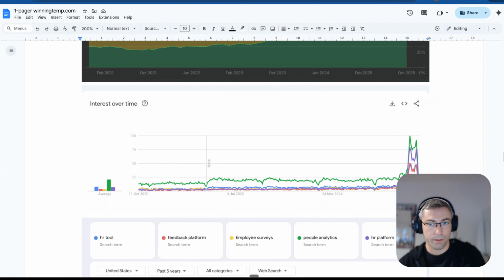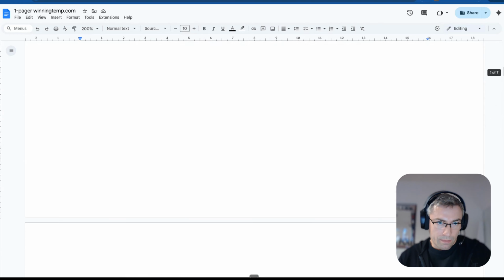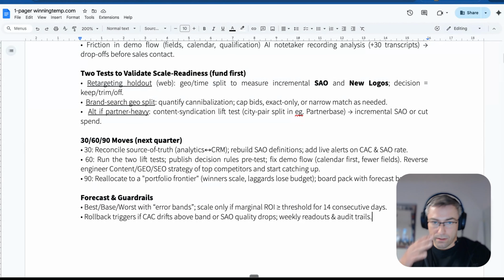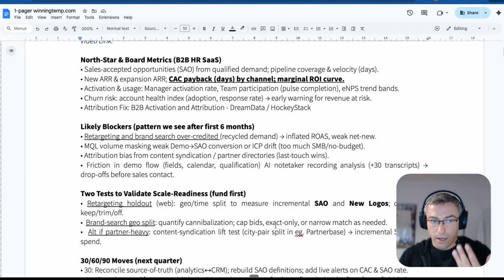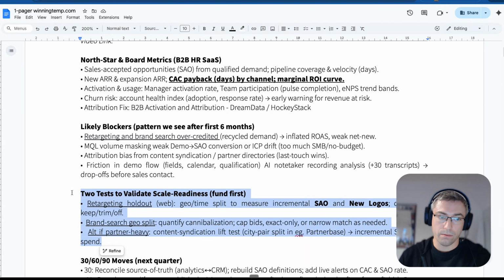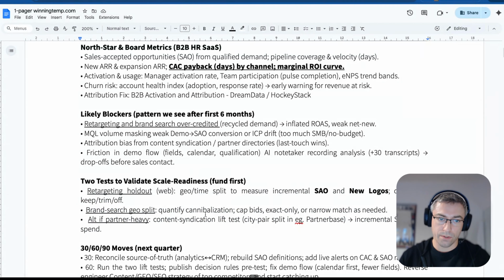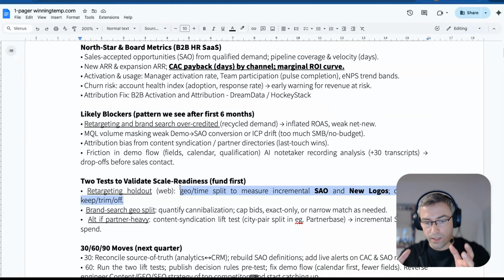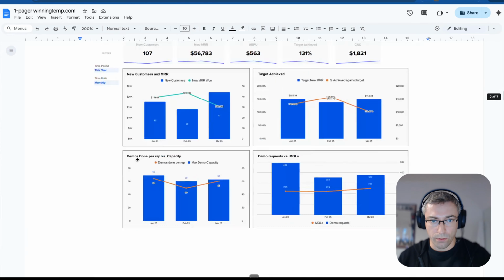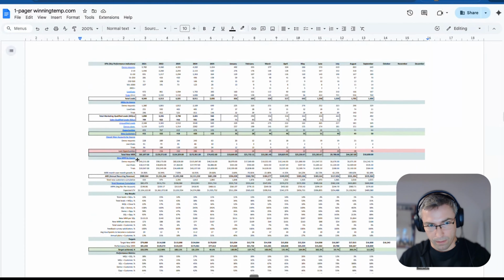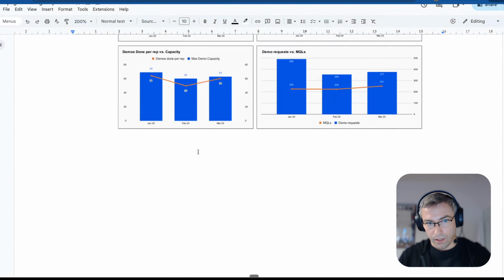I guess most of the competitors are spending more or less the same as they did in the past. That means that maybe CPAs went down over the last 1 year. Maybe they also scaled, but I think that usually the budgets are set for the whole year, so maybe if you're flexible, you can capture more. And I would go for tests of different scale readiness. These tests can change, but absolutely having that kind of strategy of geo holdout tests and knowing what's the baseline versus what's the extra incremental impact of a specific strategy, that all makes sense. And if you don't have a dashboard like this one, that's absolutely a must as well, or maybe an audit of your existing